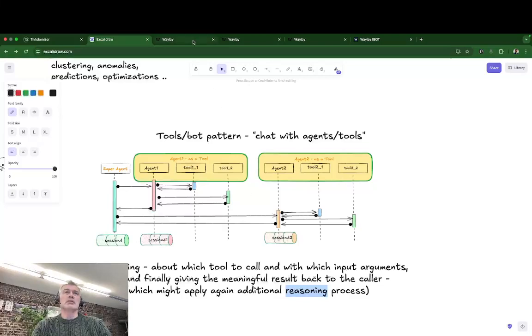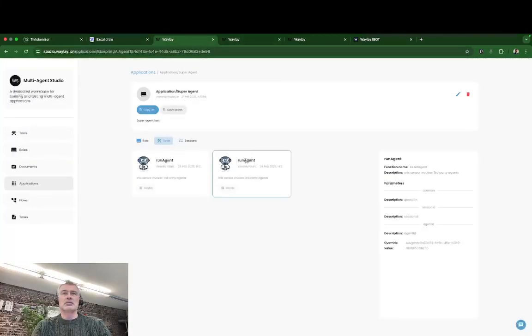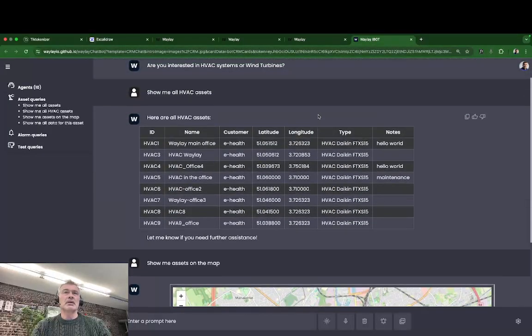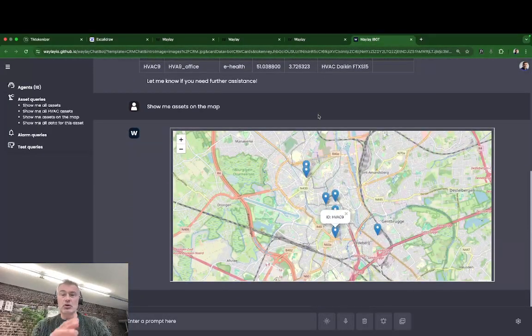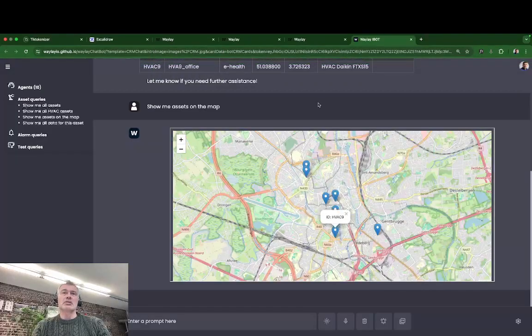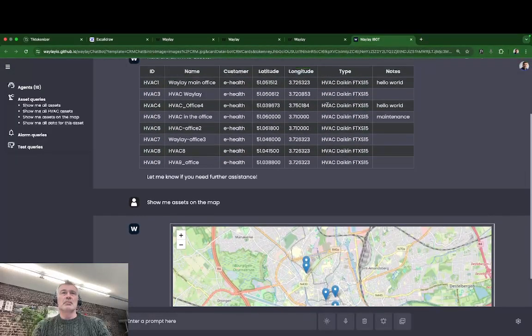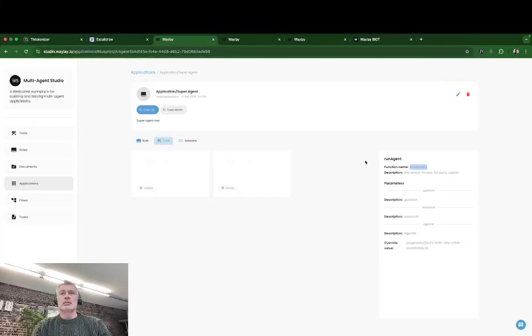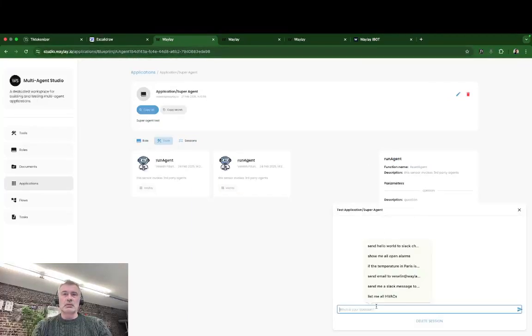And for that, what I will do is that I have another agent, like I said, that can give you the information about the HVACs. It's an asset agent. And here I have created an application in isolation, which does only that part. But like I said, in this application, I'm just going to mix with other things. But the reason I'm showing you this is that I have created about 9 HVACs that are all around the city of Ghent. Okay. So what I'm going to do now is that I will call now this one and just